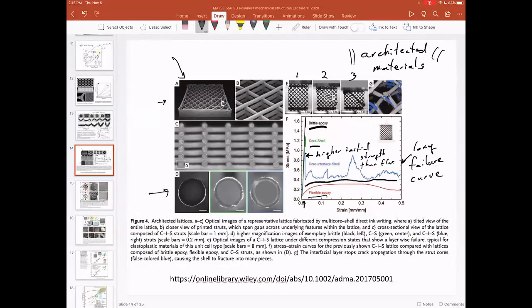And that's one level of architecting. That might be called the millimeter scale or the macroscopic architecting of a material. But then you have the chance to do the microscopic architecting as well. These core shell filaments are composites in and of themselves, and having the core shell with a designed interface has properties that you can't get out of a single material. And so now we have architecting at a different level where the filament itself is architected. And so we might call these multi-scale